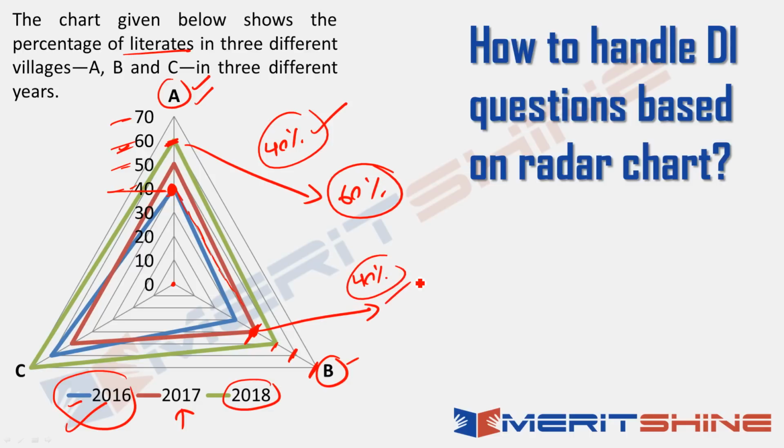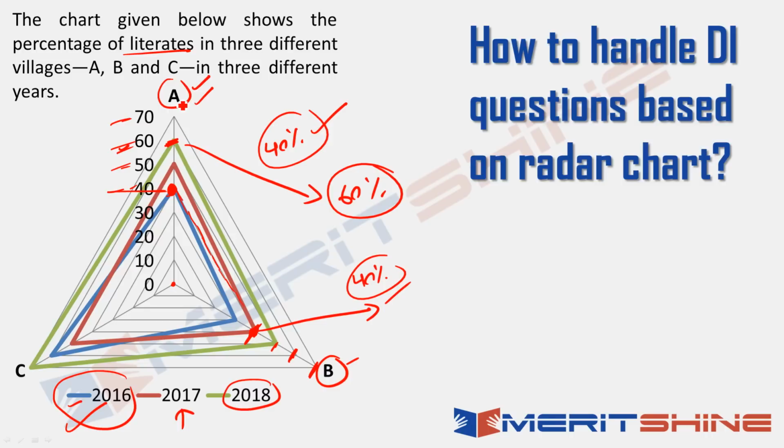I hope this is understood. This is very simple, and it cannot be anything more than this. The only difference can be that this is 3 villages. It could have been 4 villages, 5 villages, 6 villages, and keep acquiring a different shape. So this is in the form of a triangle. It could have been a square, a rectangle, a polygon, whatever, depending upon the number of villages, but it would